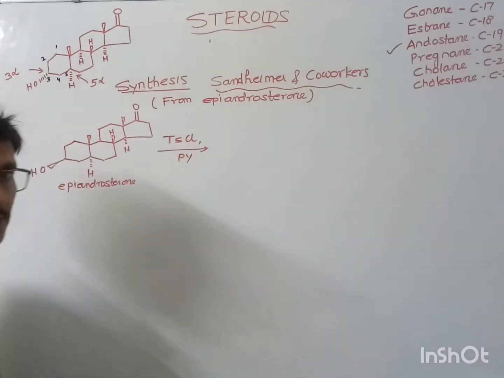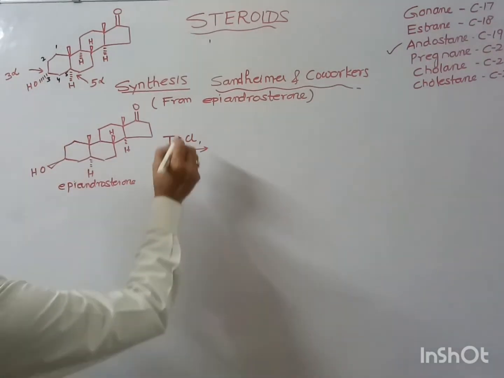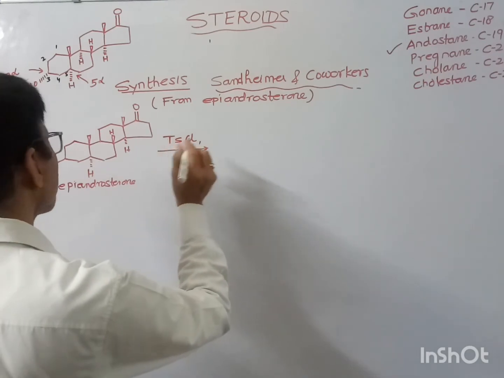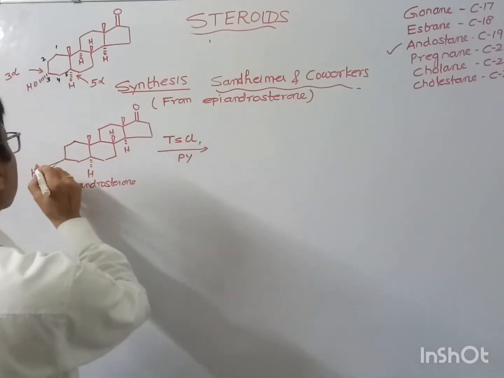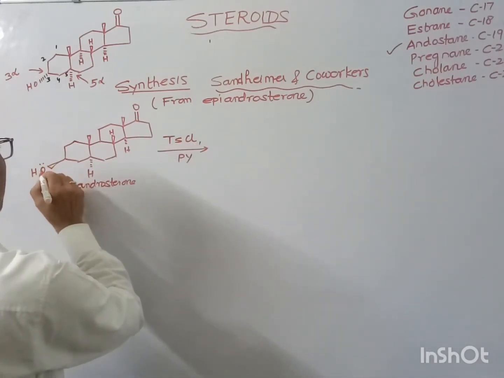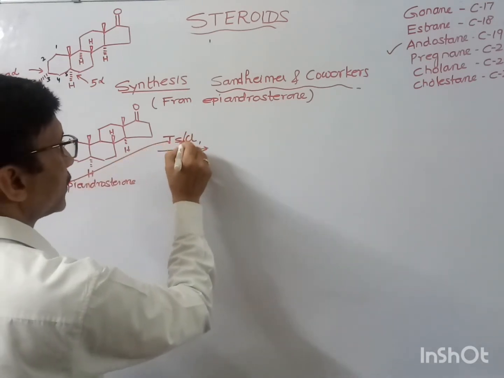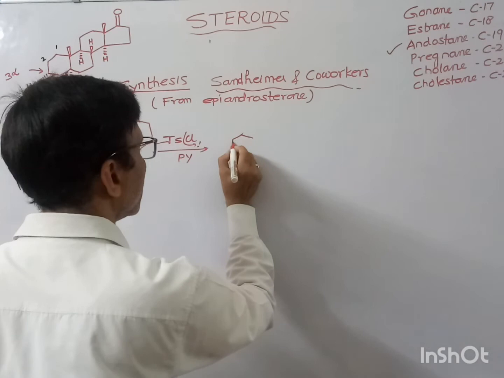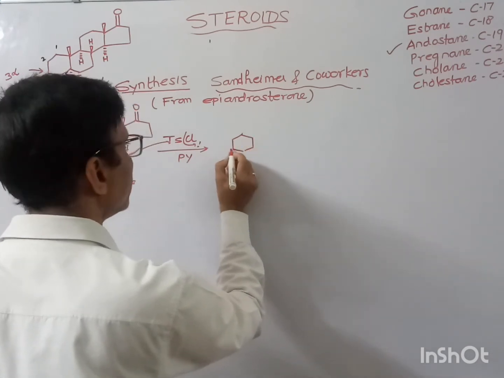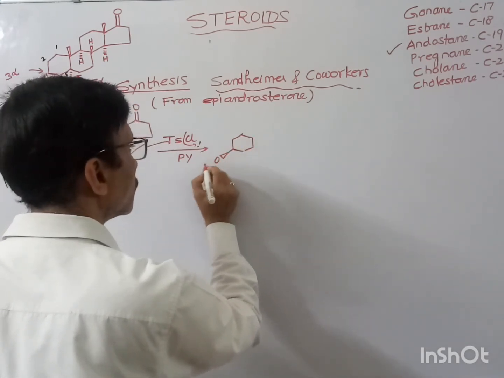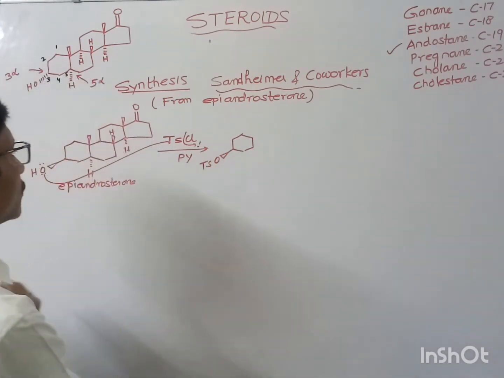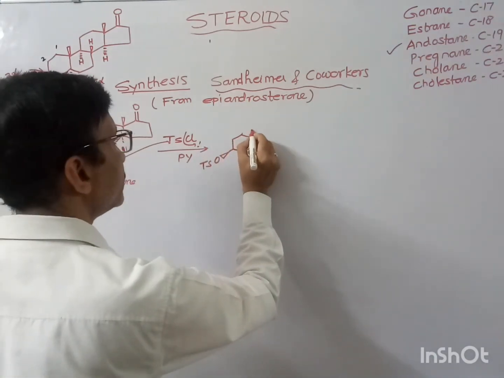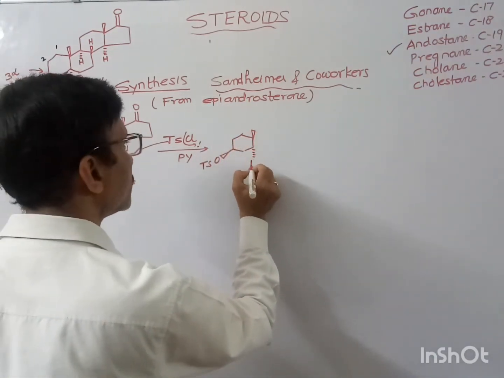If we take this tosyl chloride, then this tosyl chloride may be added over here. So you may see that this tosylate group would be added over here, and what we will get here is OTs. Now this OTs being a good leaving group,